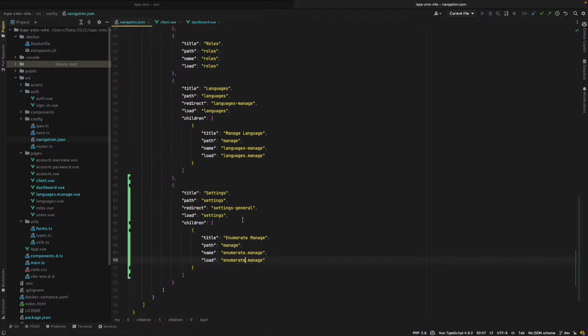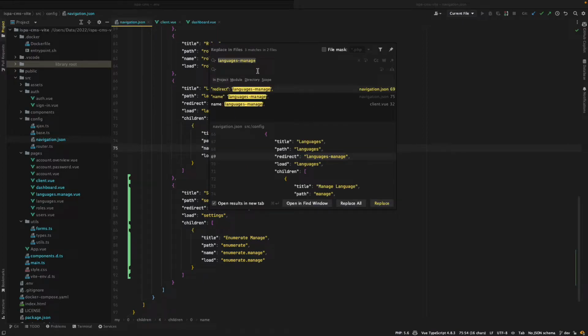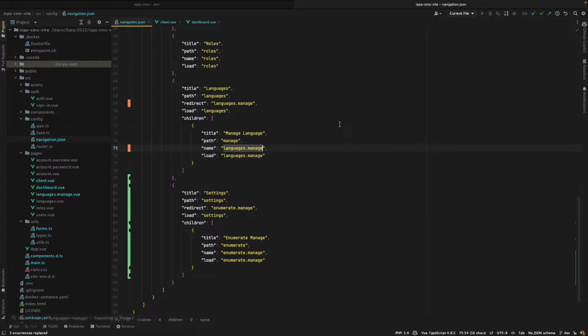Yep, that's right. And enumerate. Okay, we have to redirect to here, and I will rename this into this. Okay,